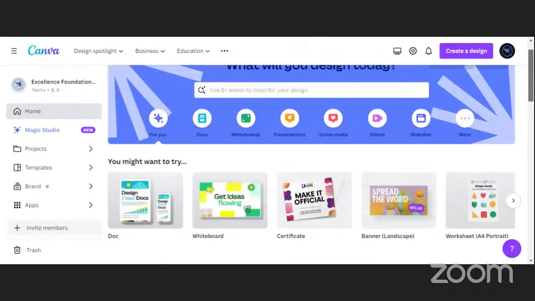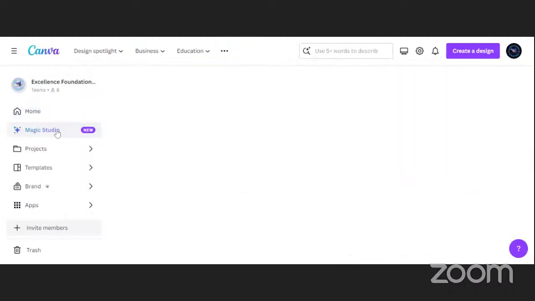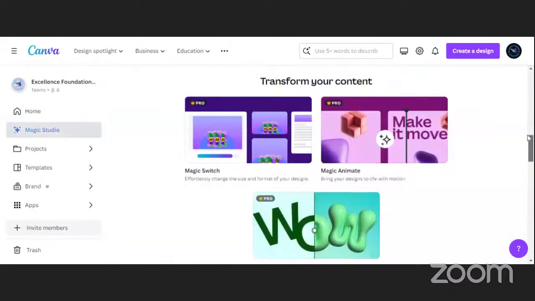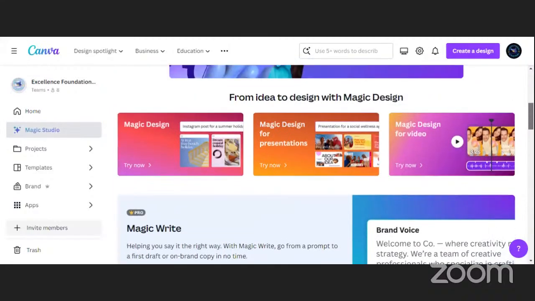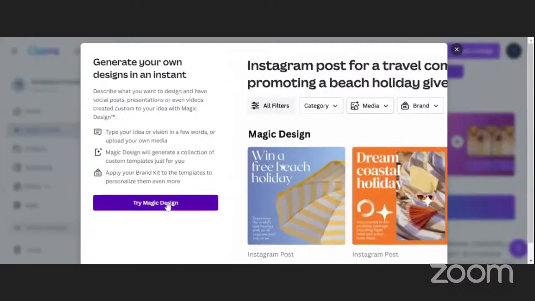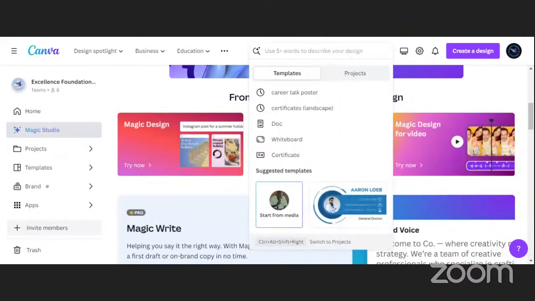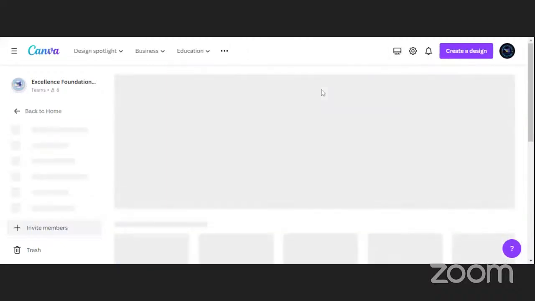When you sign in, they have introduced what we call Magic Studio. In the Magic Studio, they have Magic Design. They have Magic Design for presentation and Magic Design for video. Let's say we want to try Magic Design. In Magic Design, you can just give it, let's say you want a career talk poster.